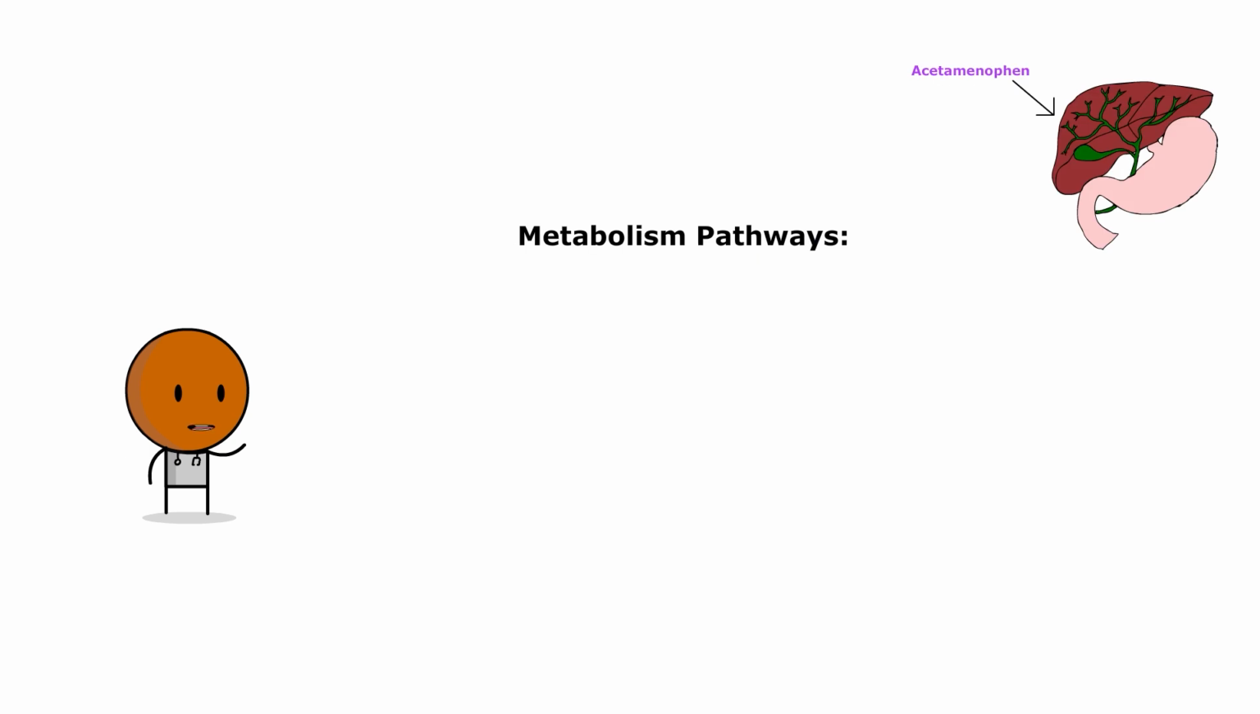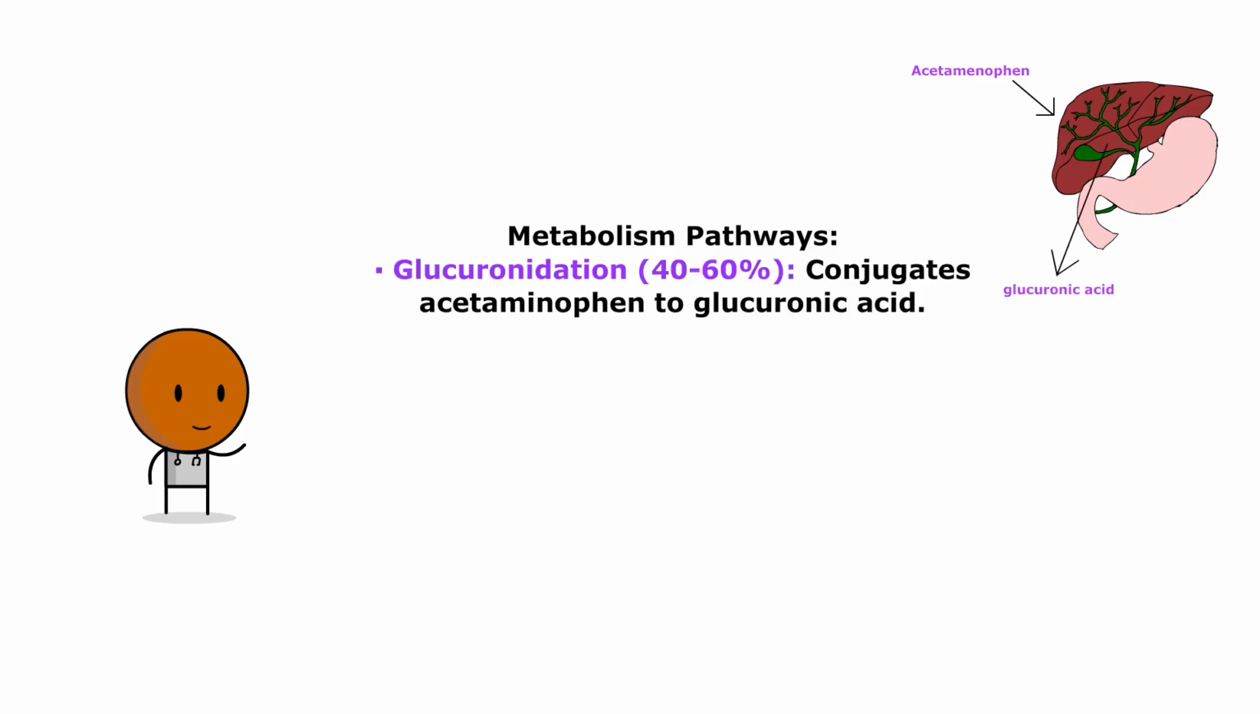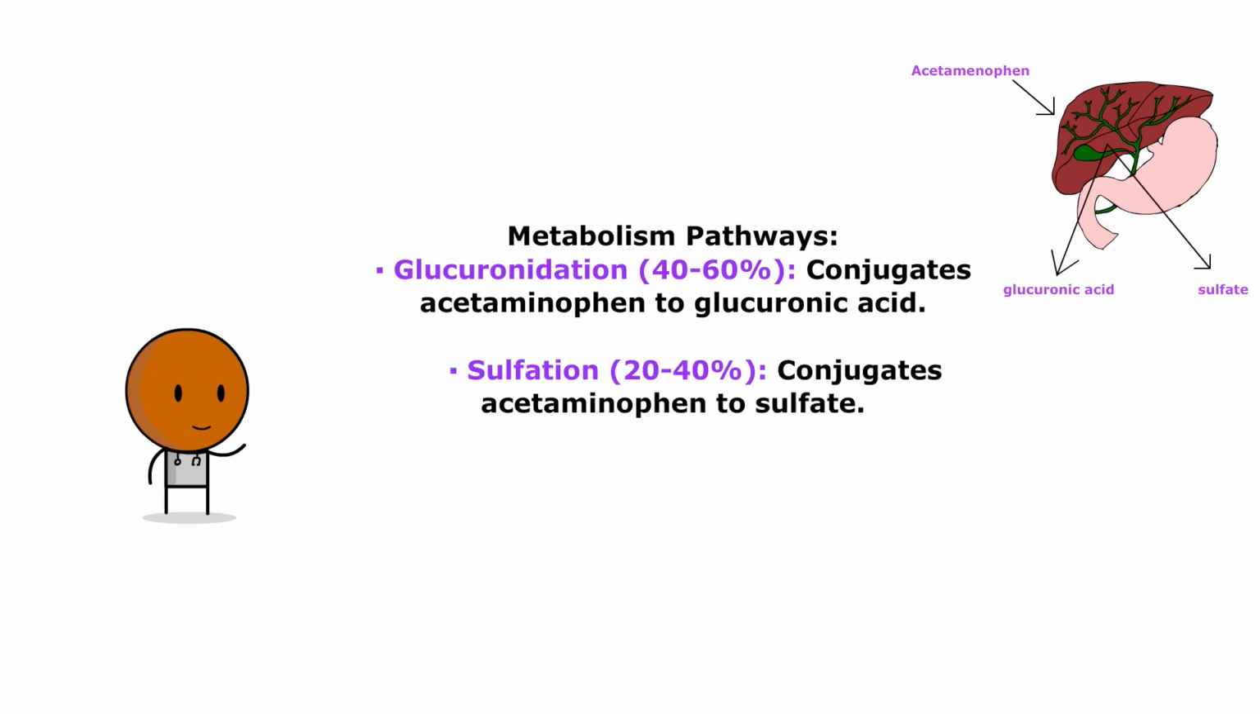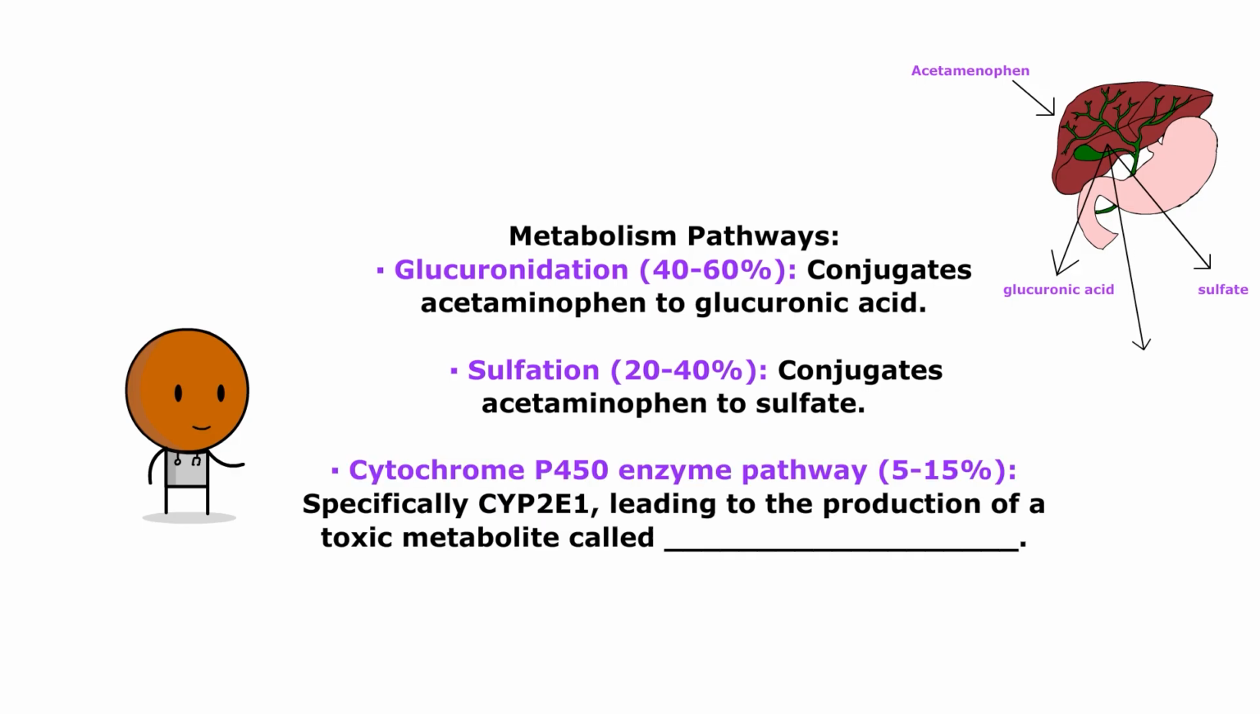In the liver, acetaminophen is metabolized primarily by three different pathways, first of which, glucuronidation, conjugates acetaminophen to glucuronic acid. Second of which is sulfation, which conjugates acetaminophen to sulfate. And third is cytochrome P450 enzyme pathway, specifically